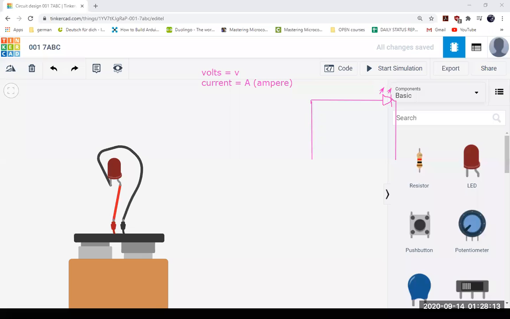And plus is, so, and to see what are the names. So this side is anode, right? And this side is cathode. So anode is connected where? To the plus of the battery, right?